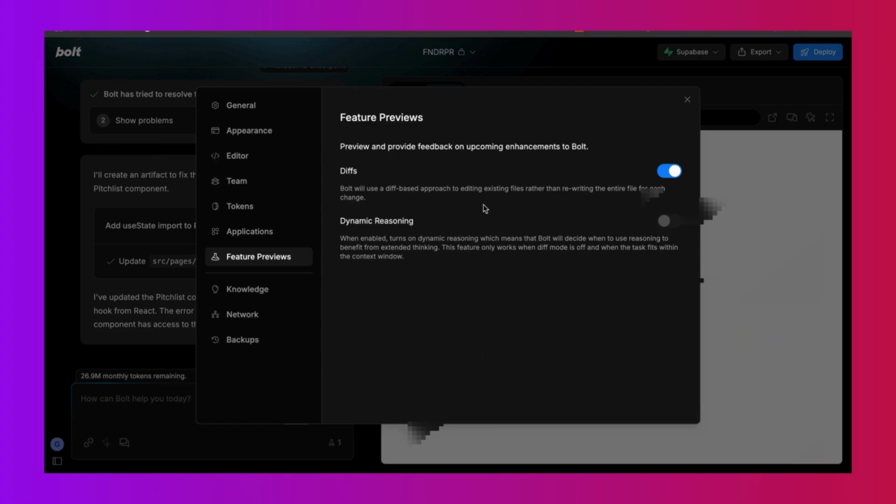When a user clicks the illuminated star, then the star is removed and the journalist is removed from that user's pitch list. So essentially what we're trying to do